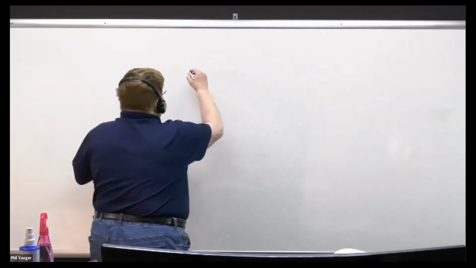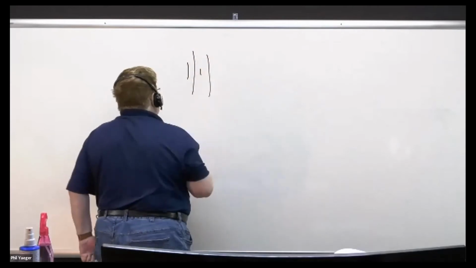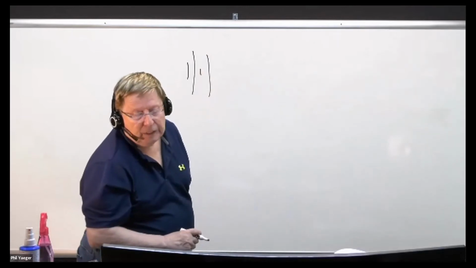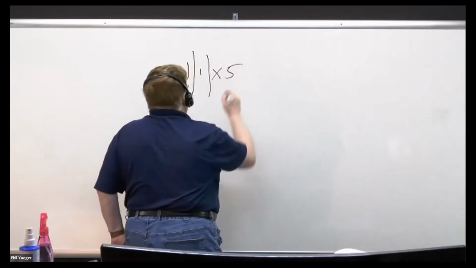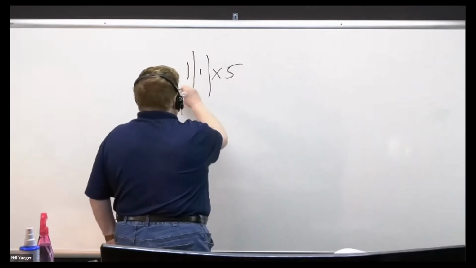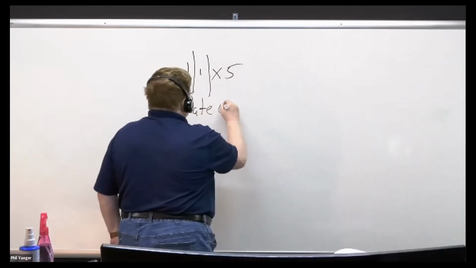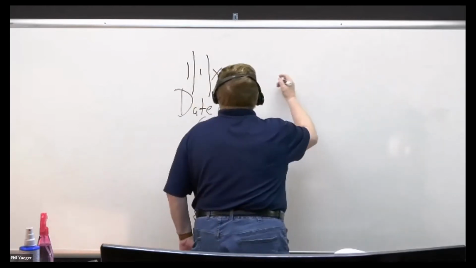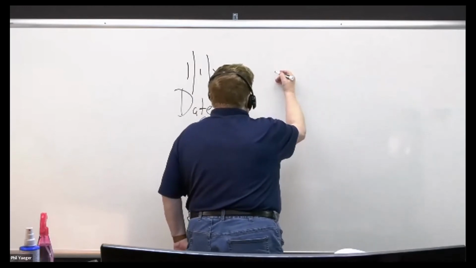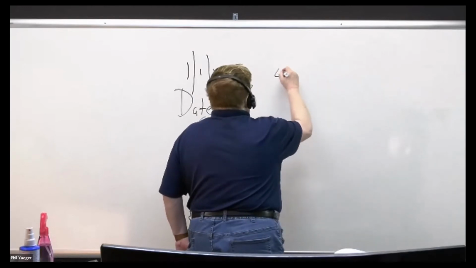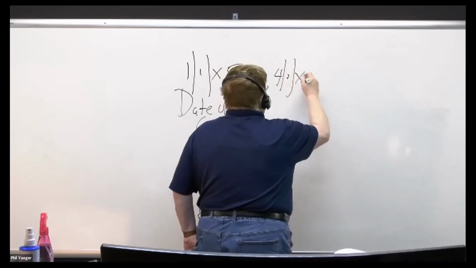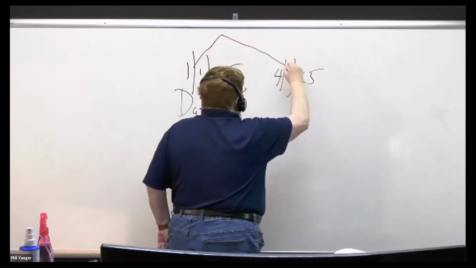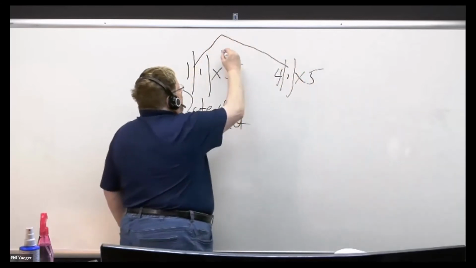The date of the bond contract is what date? January 1st, 20X5. And that's the date of the bond contract? Yes, date of contract. Now, they issued the bonds to the bondholders on what date? April 1st, 20X5. So from January 1st, 20X5 to April 1st, 20X5, which is 3 months,